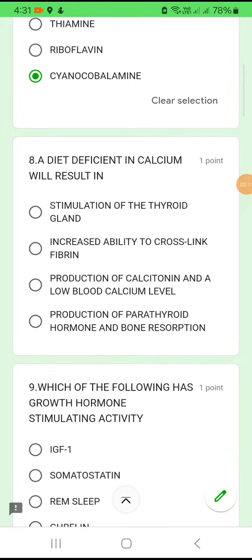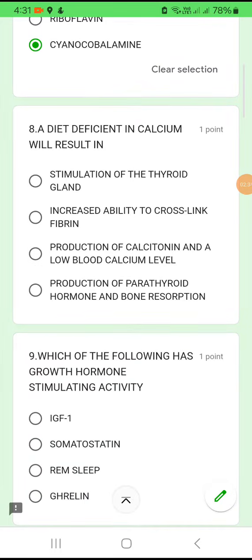Question number 8, a diet deficient in calcium will result in. So here they are asking about the calcium metabolism. When the calcium level goes down, what happens? The antagonist, the parathyroid hormone production will increase, and to increase the calcium level in the blood, the bone resorption starts. So according to the options, option 4, production of parathyroid hormone and bone resorption takes place